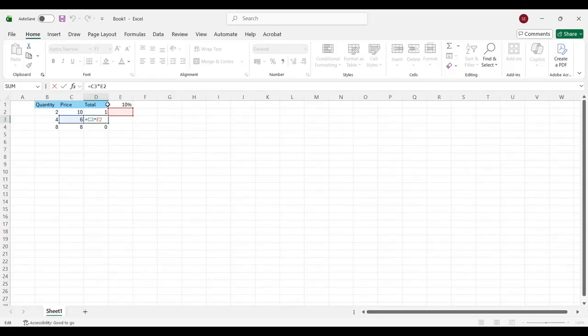So go back to the formula in D2. We need to lock the reference to cell E1. So we change the formula to C2 times $E$1, a $ before the E and a $ before the 1. The $ before the E and the 1 tell Excel always use column E, always use row 1, no matter what. So we press enter